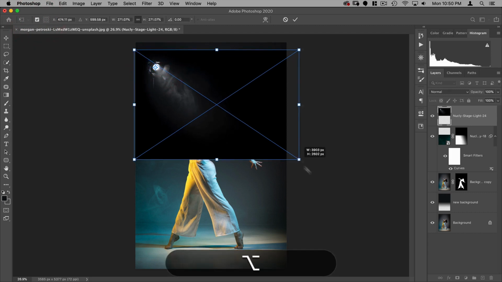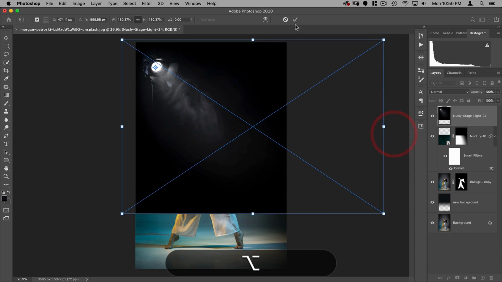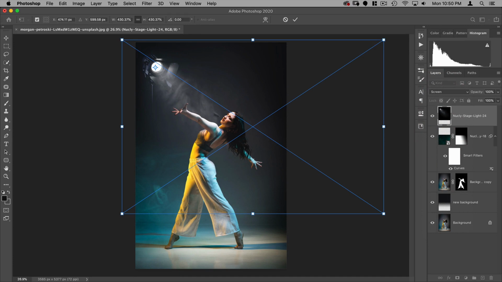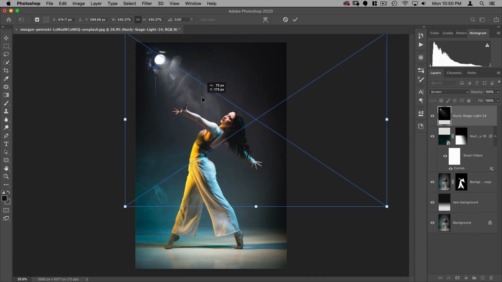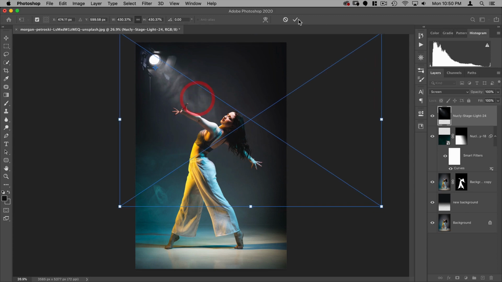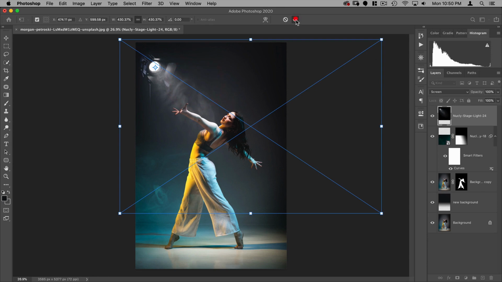And then if I hold down Option, it's going to scale it from that point. And I can also change the blend mode here so I can see where it is in relation to her. So I kind of want it shining right about there. So let's hit maybe down a little bit right there. All right, let's hit OK.